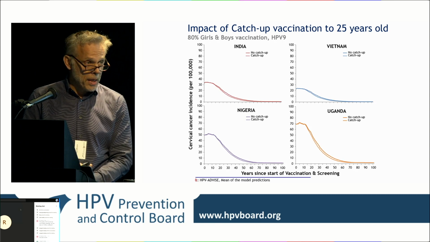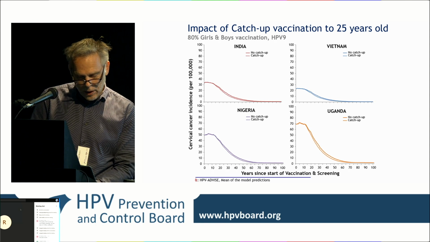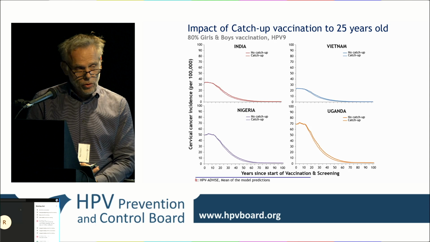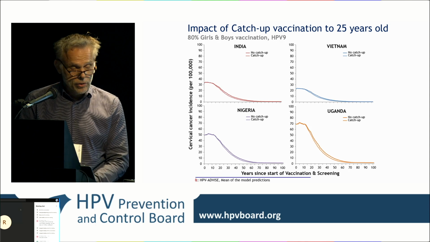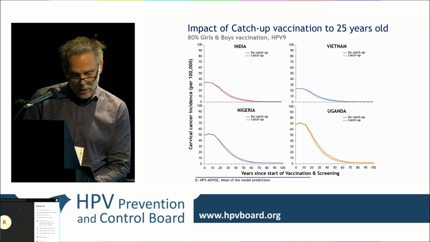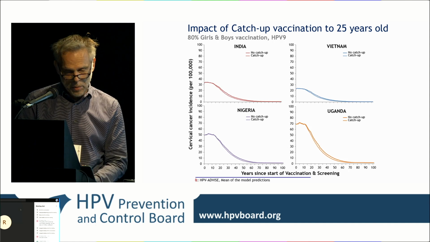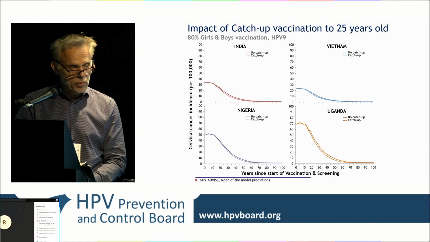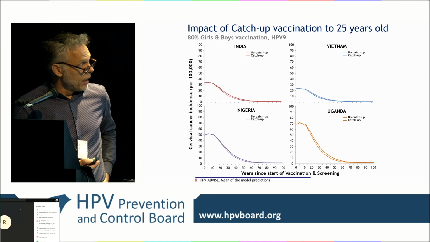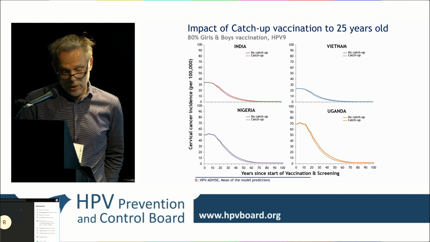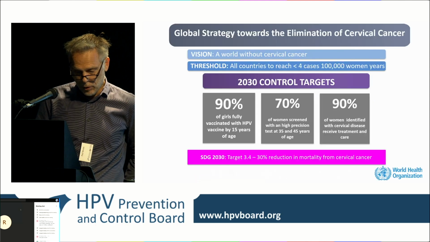It was not maintained in the current strategy. So what you can see here is that this did not use 1% coverage. It used 90% coverage. A catch-up, as you can see, was also used with 80%. So we tried 80%, 90%. What does it mean? Here the 80% was done for boys and girls. Then we looked at what's the difference if we add to that a catch-up to 25 with 80%. Again, as you see, very limited additional value.